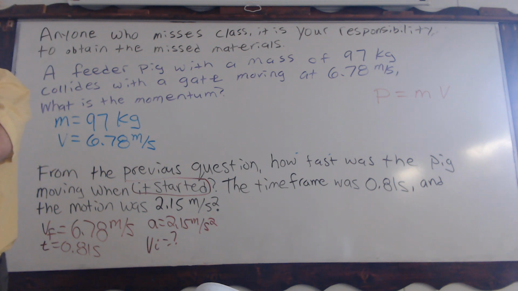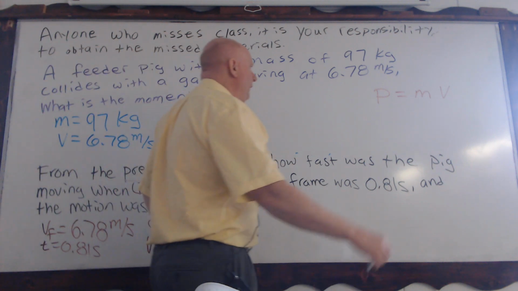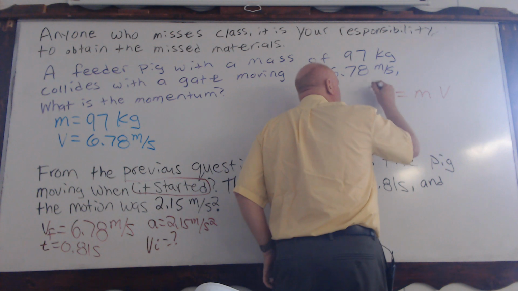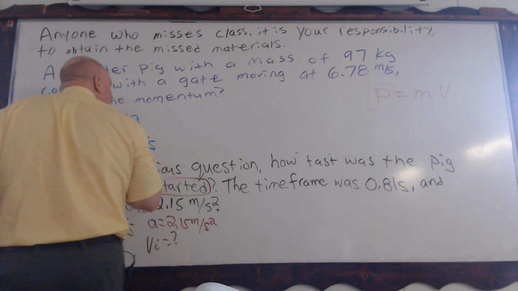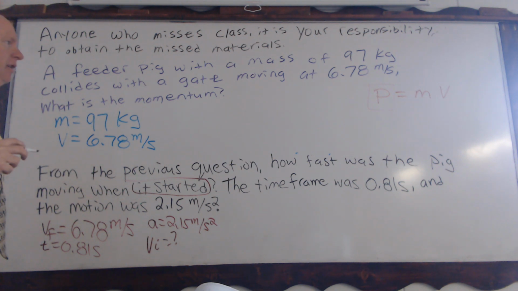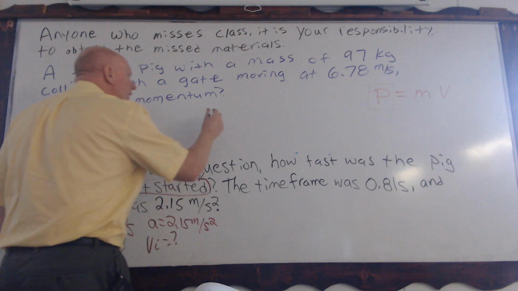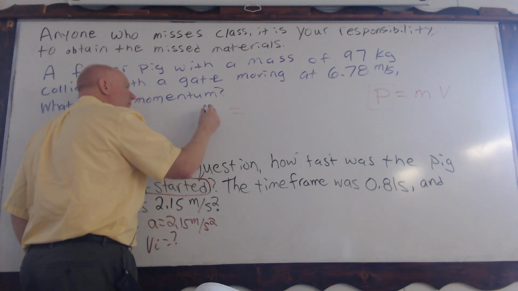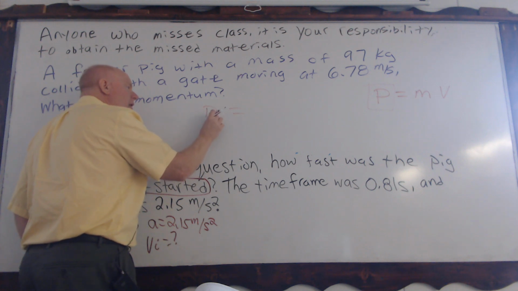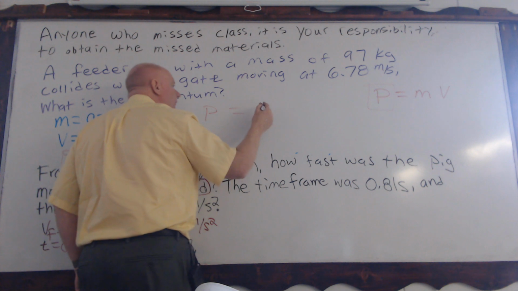If you have to know 2 of them. So do we know 2 of these variables to solve for our momentum? Yes, we do. Okay? So now we just want to do what the formula tells you to do, which means our product, which means momentum, equals what's on our right-hand side.